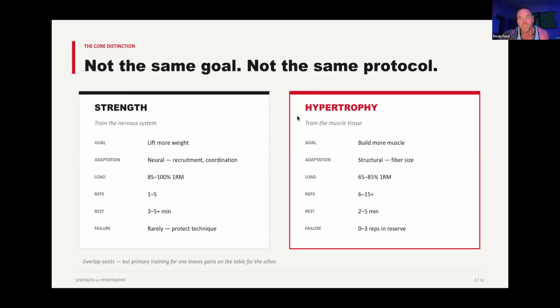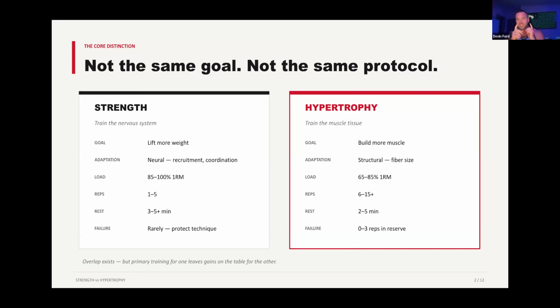And the main reason for that is because you can do a lot more, right? Your body's not really stressed. Or put another way, neurologically, your brain doesn't have to recruit forcefully and it doesn't have to recruit the max amount of fibers to move 60%. It doesn't have to, right? It's not enough load that it has to worry about that. But what you could do with those 60 pounds is take it to failure. You could do 15, 20 reps before you hit failure. And then right before you get to failure, it will recruit more muscle groups because it has to. But it's not neurologically doing it from the beginning because the load's not heavy enough.